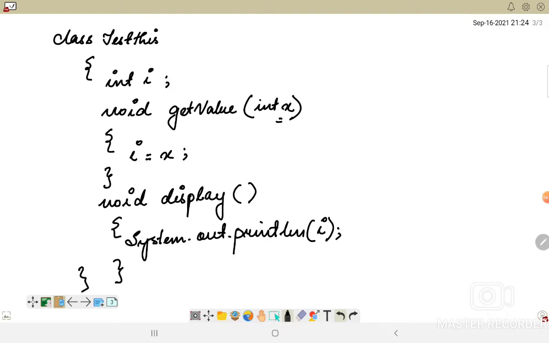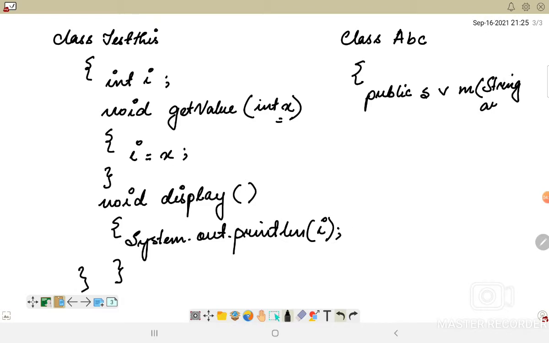Now, to pass the value, I have to create a main method. Let's say, within another class, class ABC, I am calling the main method, which is public static void main, String args, and I have opened the main method.